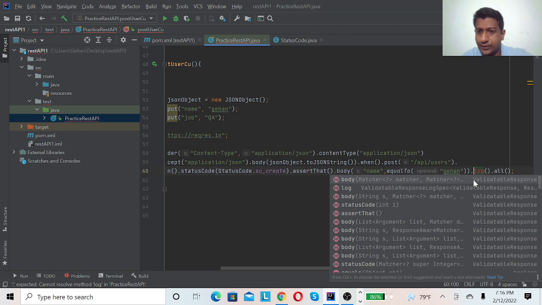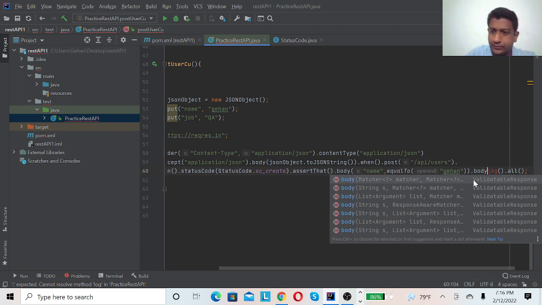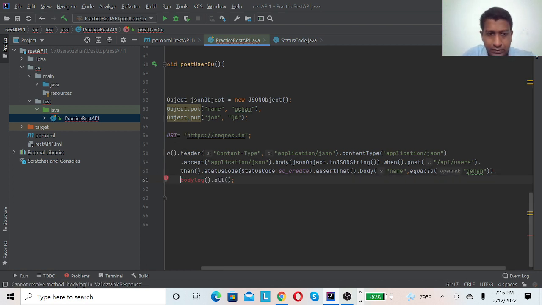Plus I need to assert the name and job in the body, open brackets, equal to.